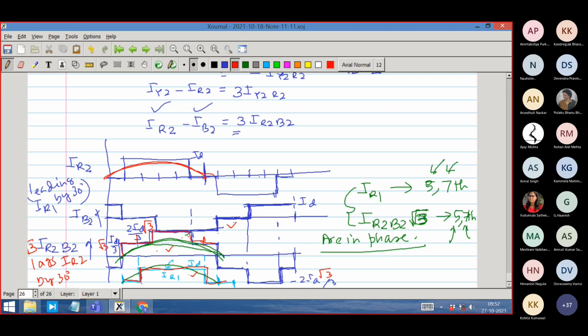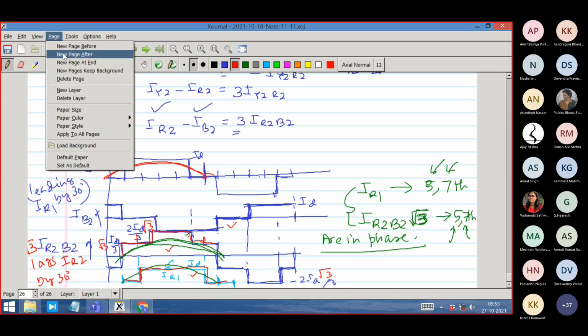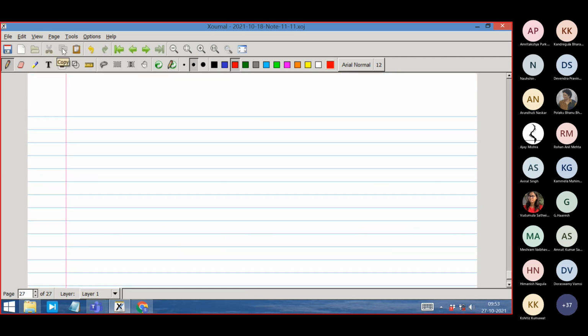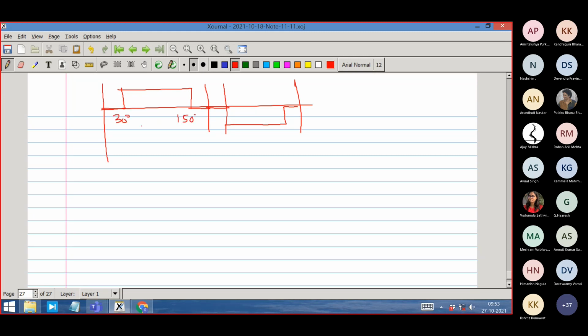So let me quickly, just to the extent I can complete, because I will not take any other class. You can see what the fifth harmonic and seventh harmonic component of these waveforms are. Quickly, if I can do, I will do. Otherwise, even if it remains incomplete, you have to do it. It is nothing but Fourier series. So this is the basic waveform, 30 degrees, 150 degrees. This is one of the waveforms. So how do I calculate this? That is 4 by omega t.